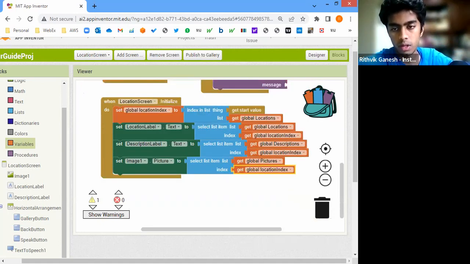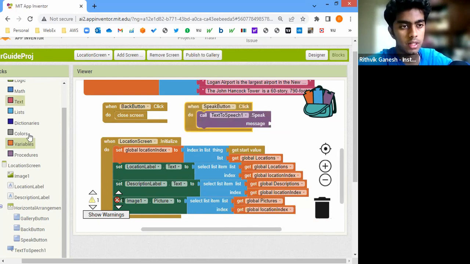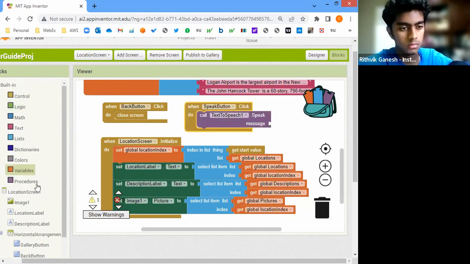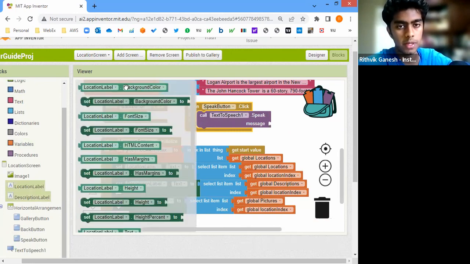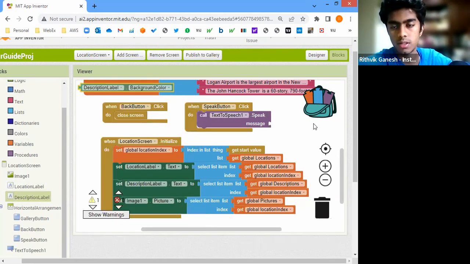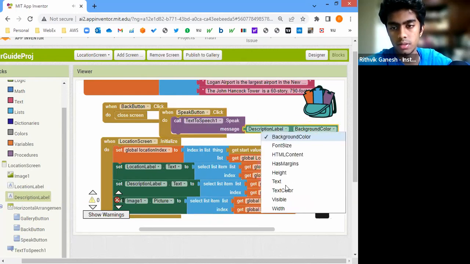right? And then for the speak button, for the speech to text, what we're going to do is essentially speak what's in the descriptions. We want to speak what's in the description, so we do this. And the property is,